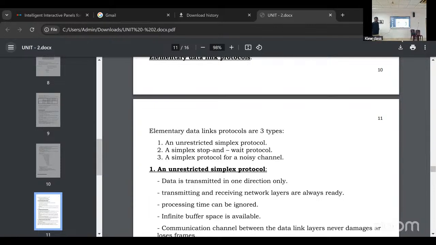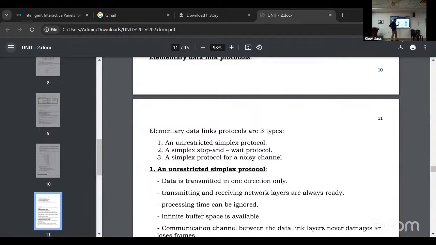Selective repeat. సెలెక్టివ్ రిపీట్ అంటే ఏంది? What does the name itself indicate? ఆ పేరు చెప్తుంది. ఏ ఫ్రేమ్ లాస్ అయ్యిందో ఆ ఫ్రేమ్ మాత్రమే రీట్రాన్స్మిషన్ చేయాలి. Here frame 0 will be transmitted to the receiver successfully.